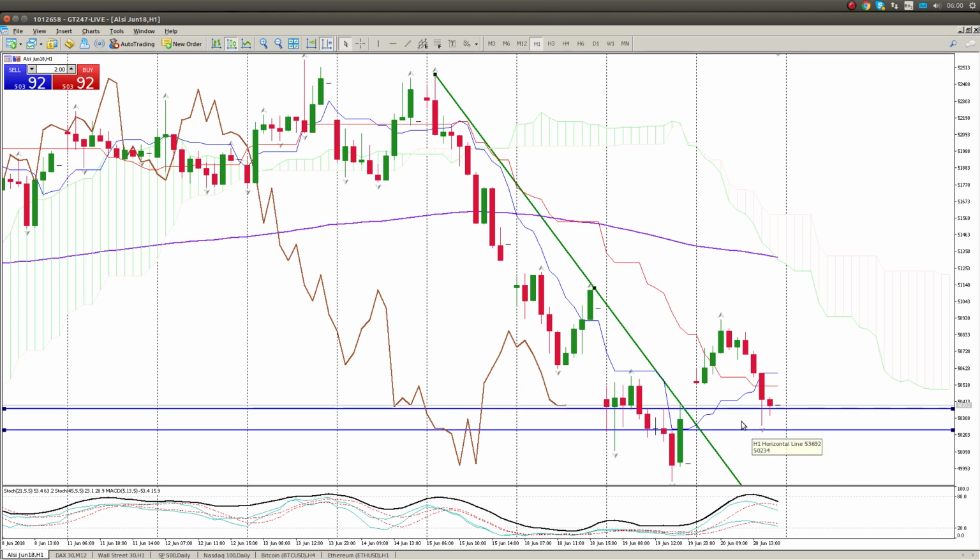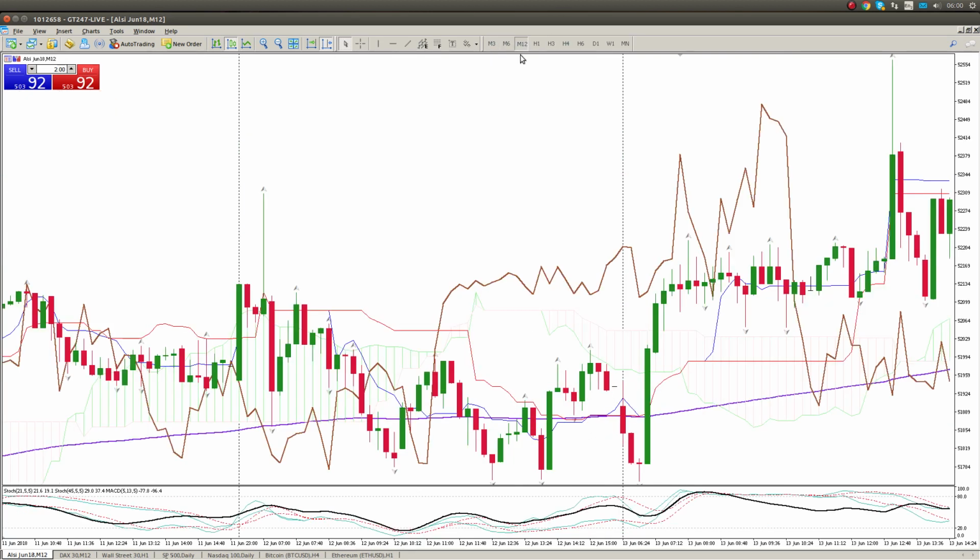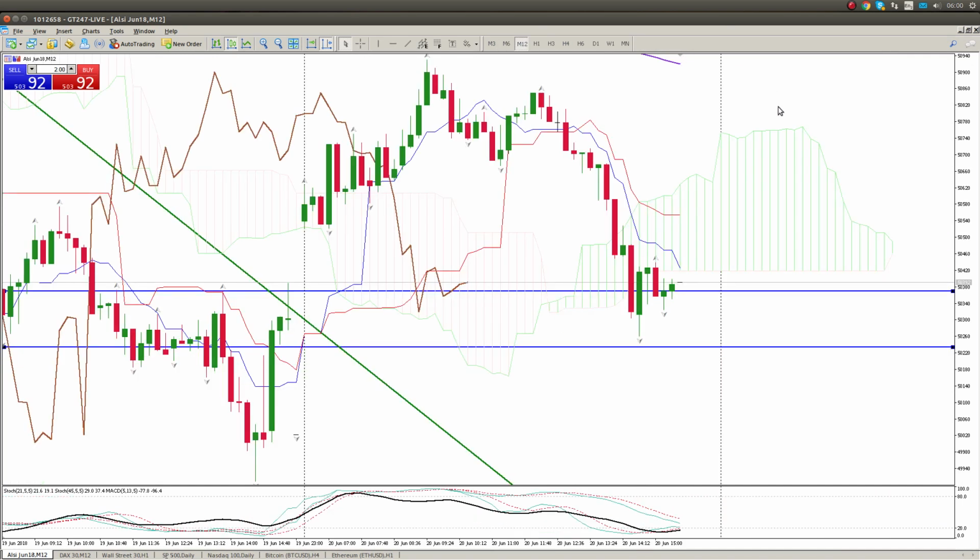We have had a crossover, so we've had a bullish crossover here, but there's nothing else from an Ichimoku perspective that is showing a crossover. Okay, so we're going to have to pretty much watch this pretty carefully. Let's just get down to a lower time frame. Okay, so what you see here is a potential,